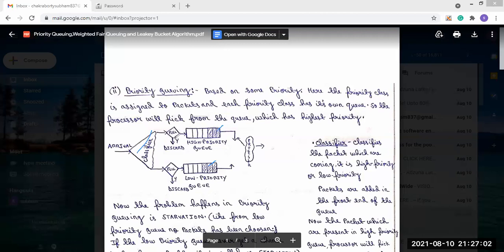Now, the same thing: the packet will first be checked whether the queue is full or not. If the queue is full, then the packet should not be added, it will be discarded. And if it is not full, then the packet will be stored into the high priority queue in this example. And if the classifier